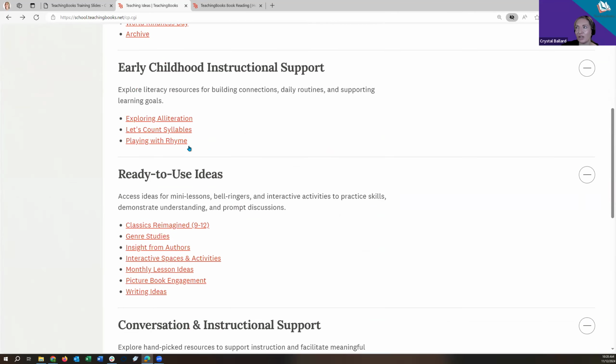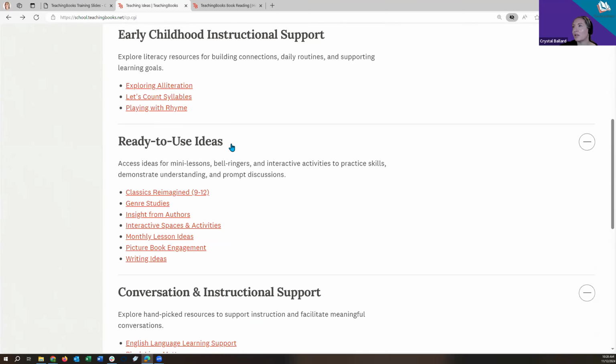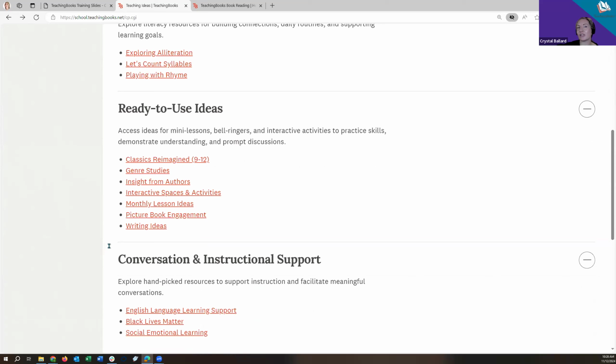We also have early childhood instructional support. This will do the same thing. It gives an idea for a title and then a resource on TeachingBooks to use with that, as well as an activity to go along. There's also ready to use ideas in this section. So if you are looking for something, like I said, as a bell ringer or for transition time, we do have,